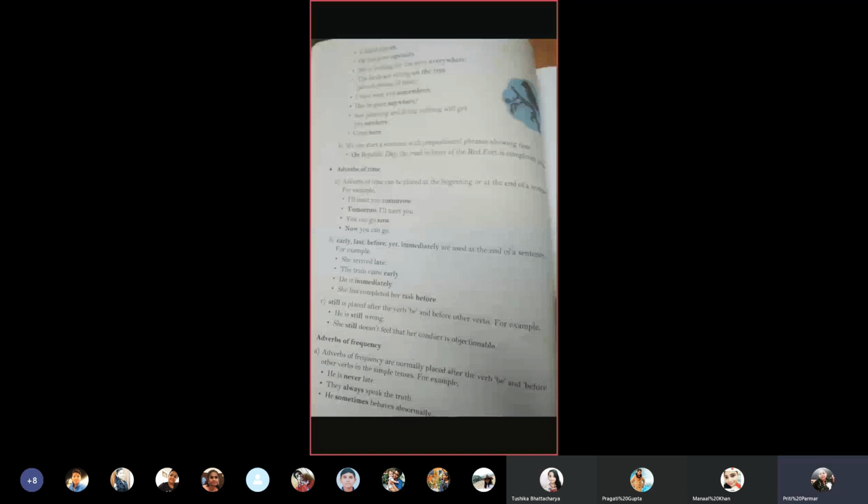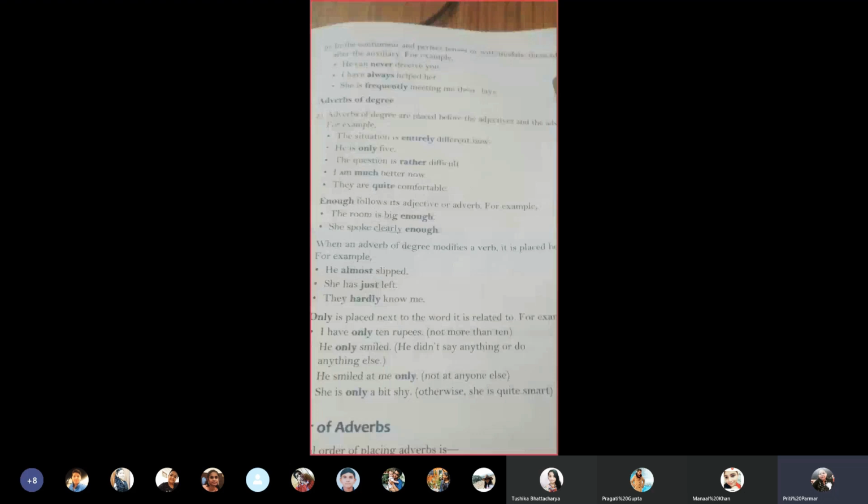Next, B. In the continuous and perfect tenses or with modals, these adverbs are used after the auxiliary. For example, he can never deceive you. I have always helped her. She is frequently meeting me these days. So, in a continuous sentence, when the action is in continuation, or if it is in a perfect tense, or it is with modals. In all these three cases, the adverbs are used after the auxiliary. You remember the primary auxiliary